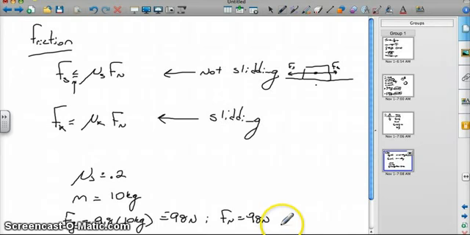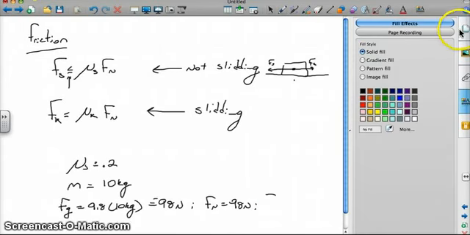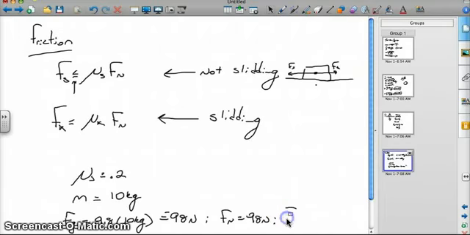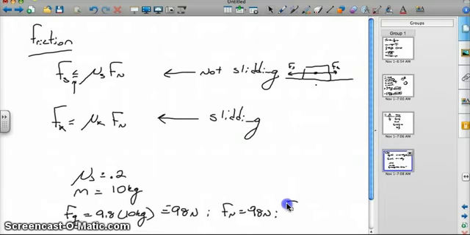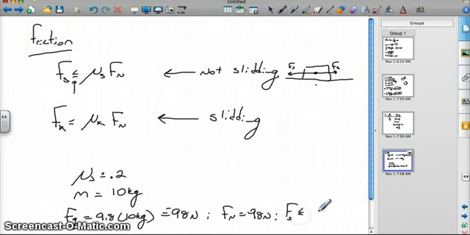And since the coefficient of static friction is 0.2, we can find that out. So the force of static friction is either less than or equal to 0.2 times 98, which is, let's see, about 20